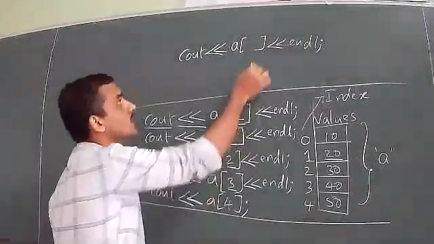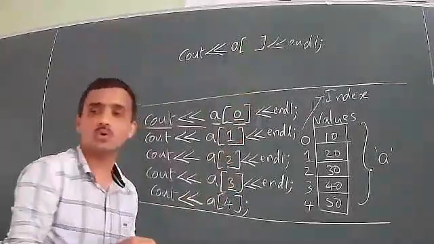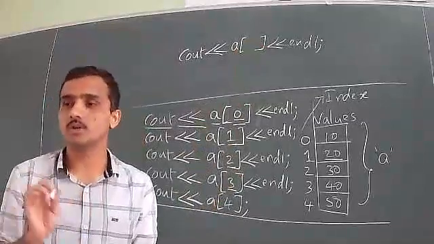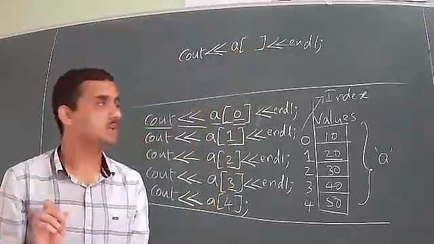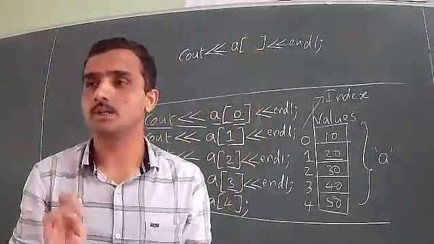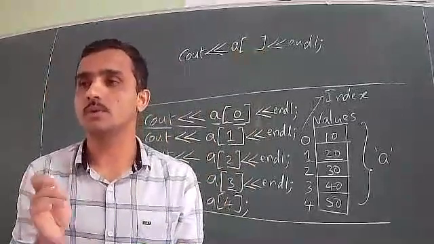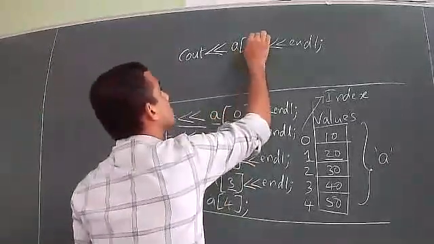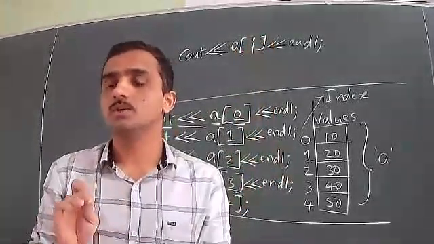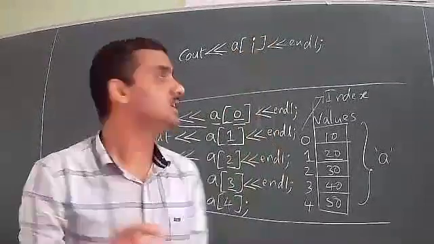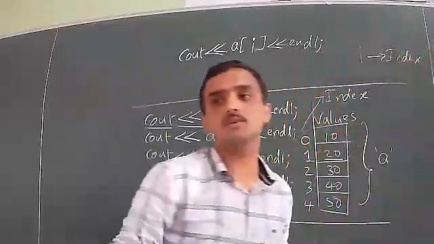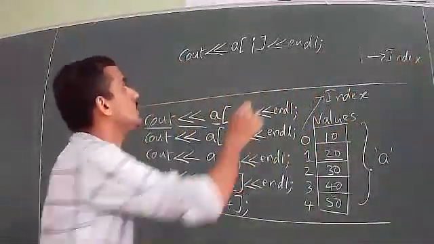Now, instead of writing either 0 or 1 or 2 or 3 or 4, what I will do is write one variable here. I will not write the constant value directly. I will write one variable. That variable you can take anything. Again I'm telling you, that variable you can take anything. But in arrays, the method they follow is taking the variable I. It is not a rule, and you need not memorize it. You should know why they have taken it like that. Because I indicates index. That's all. For that reason they have written I. I indicates index. So you take the variable I.